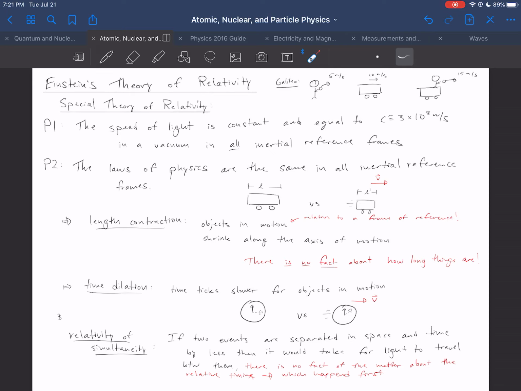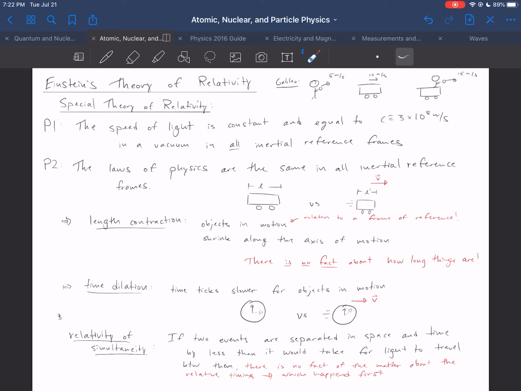And that already seems pretty weird, but actually that's the easiest of the relativistic effects to digest. One thing to note is that this relativistic effect only becomes really significant at significant fractions of the speed of light. So 10%, 20%, 30%. And in order to really see the effects, you need to go to 90%, 95, 98, 99, 99.9, and so on. So these effects are only noticeable really close to the speed of light.